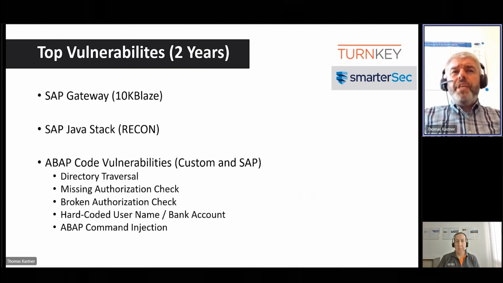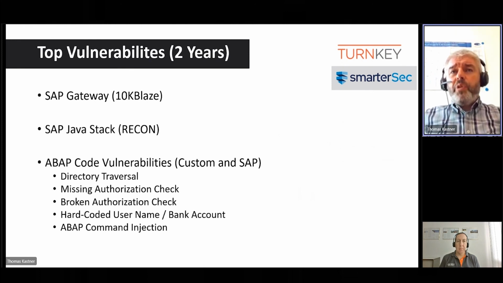What we also have seen in our investigations is if you have changed or enhanced your SAP system with custom ABAP code. SAP, of course, too, but that's been taken care of with the security patch day.